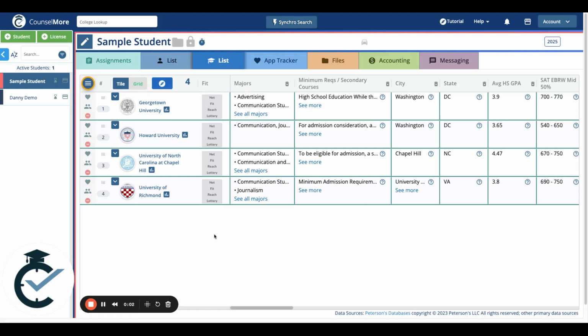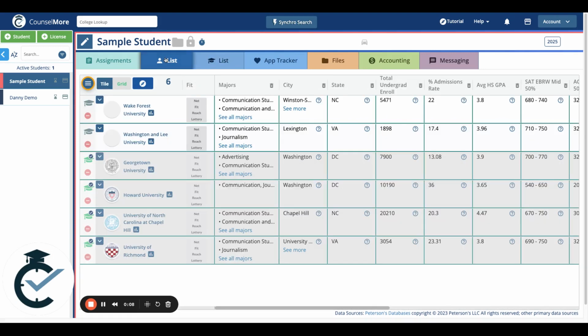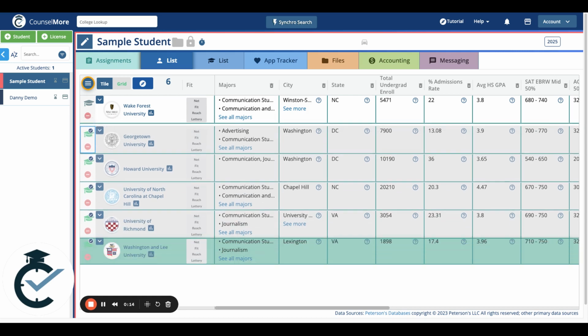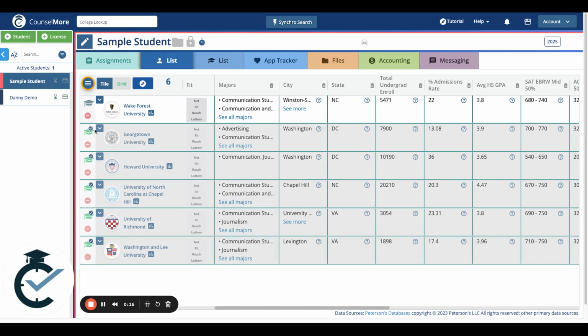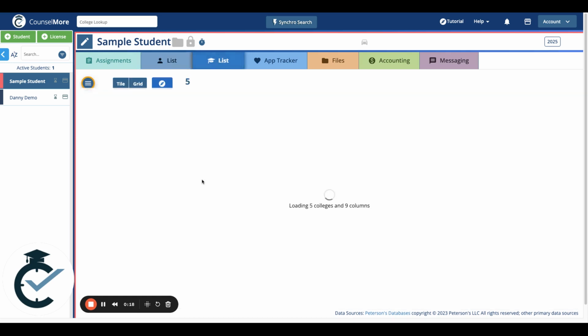We are going to correct some data. So I have been on my counselor's list. I have chosen schools, and now I have promoted them from the counselor's list to the students list by clicking the grad cap. I moved to the counselor's list,